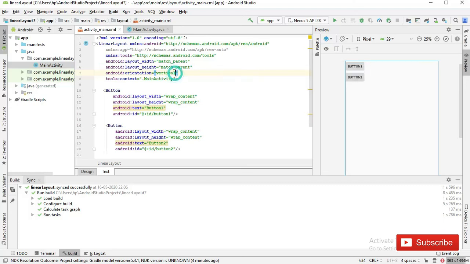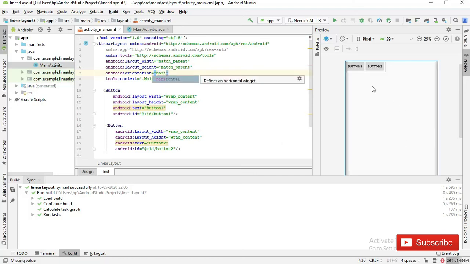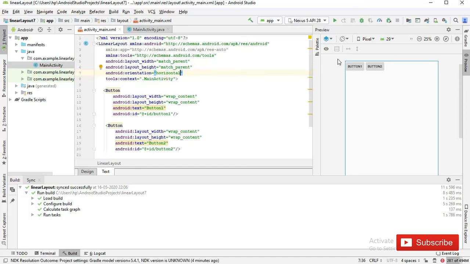But if we use horizontal, by default the button is horizontal in the linear layout. So if we use horizontal, then the button direction is horizontal. So this is the use of orientation.